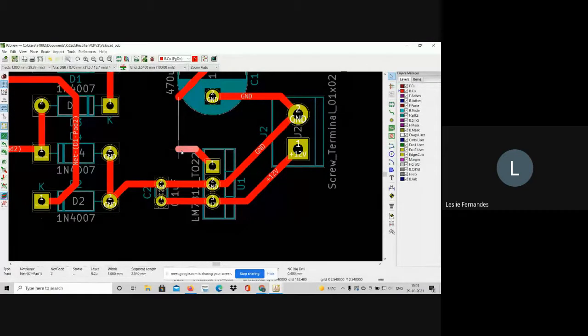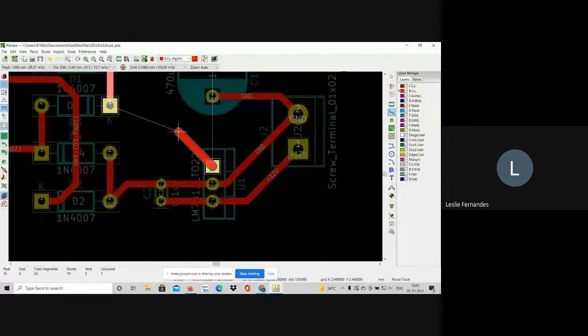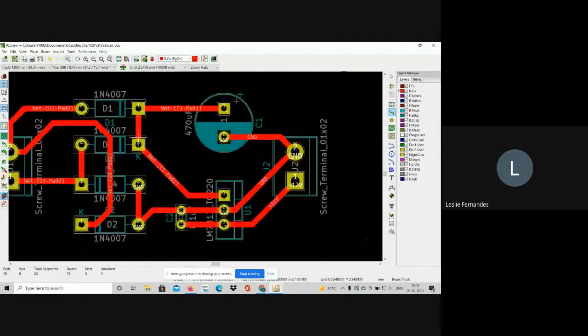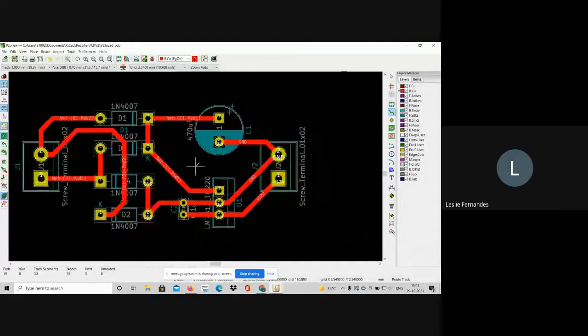Now your circuit should not have a right angle bend. So I'll redraw this. See, you can connect it here also. It's not a problem. It's the same thing.